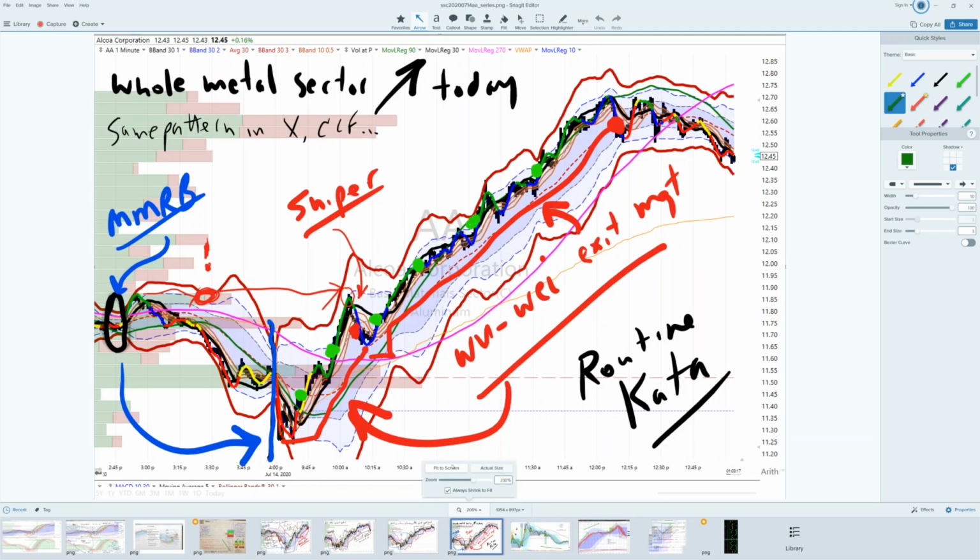Now, I was down at the dealership today working on getting my car fixed so we can sell it. So I was trading from a tablet with a pen. So this is more of a Monet style of the French impressionist marking up because I didn't have my mouse. So this is Alcoa